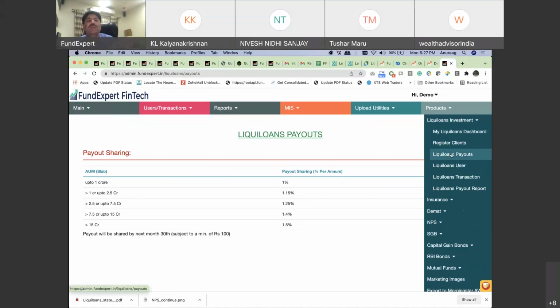So this product is amazing. It's a debt product with, I would say, equity type payout, with 1% and higher kind of payout, because no debt mutual fund will pay that kind of payout. So you have an amazing product which makes a great product for a customer and a great product for you to build a great AUM with customers logged into you.